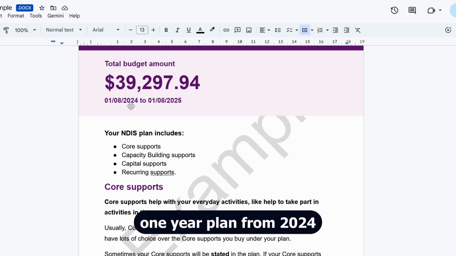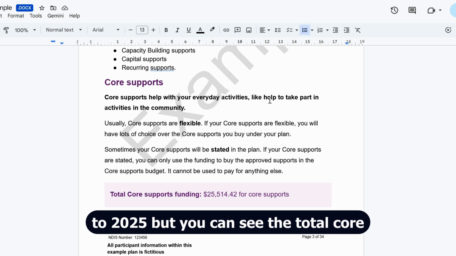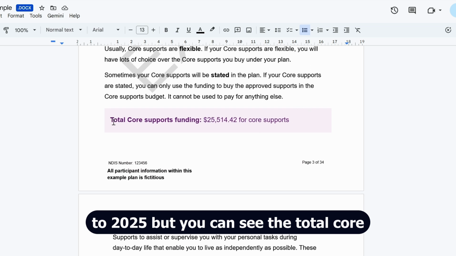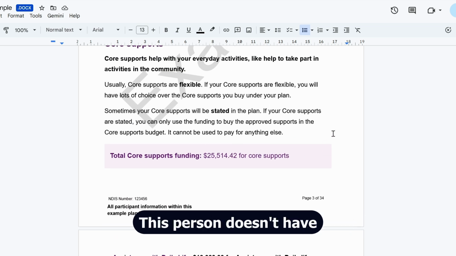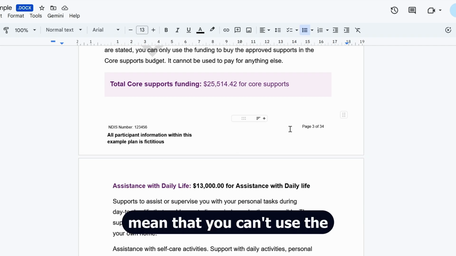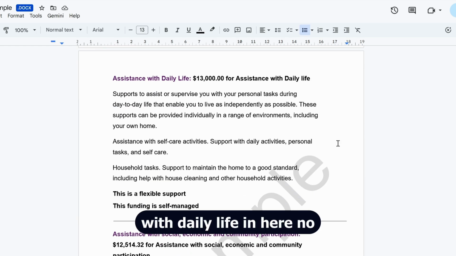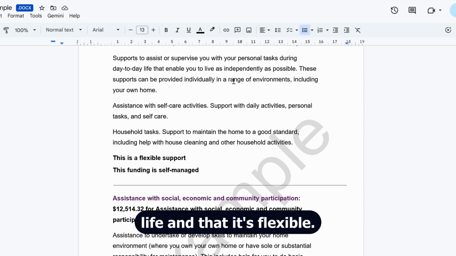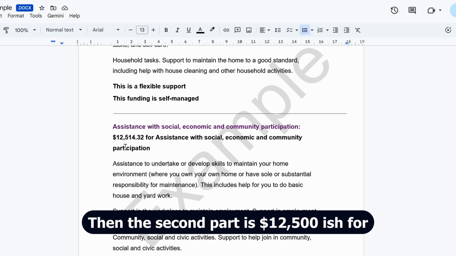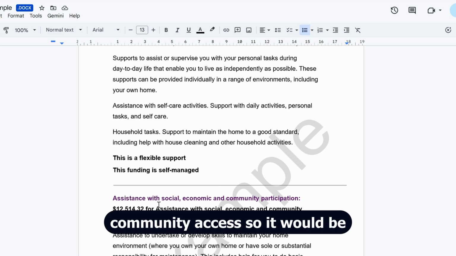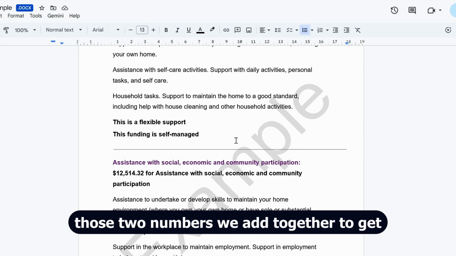Again, this is a 1 year plan from 2024 to 2025, but you can see the total core supports funding here is 25,000. This person doesn't have SIL funding. Doesn't mean that you can't use the calculator. So assistance with daily life. In here, no ratios, etc., but it tells you there's 13,000 for assistance with daily life and that it's flexible. Then the second part is 12,500-ish for community access. So it would be those two numbers we add together to get the total amount of